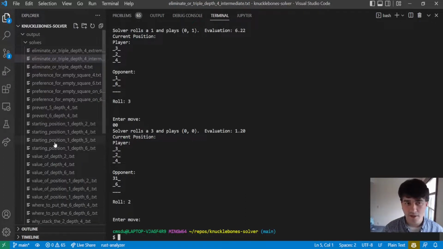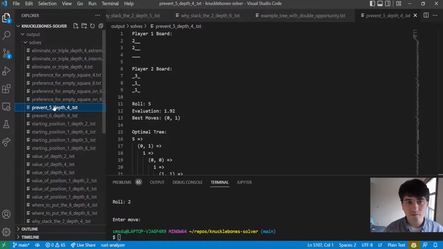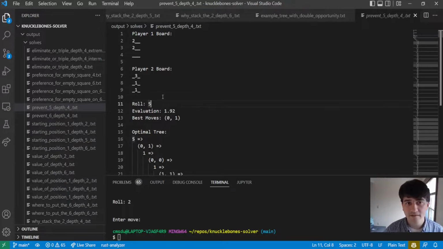So just a couple other interesting scenarios here. One is this one, where we have 2 2s. We've doubled them already. Player 2 has wound up with this column. And this is basically the situation that we just saw in the game I just played against the solver, where if we roll a 5, 5 is strong. We want to play it